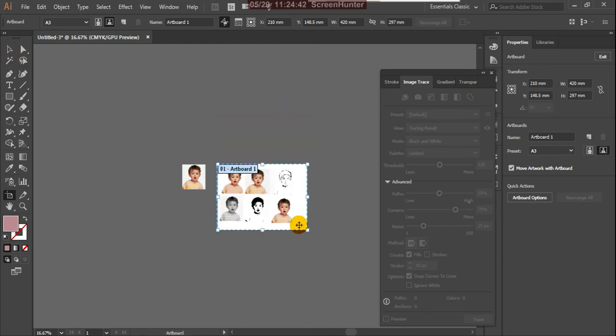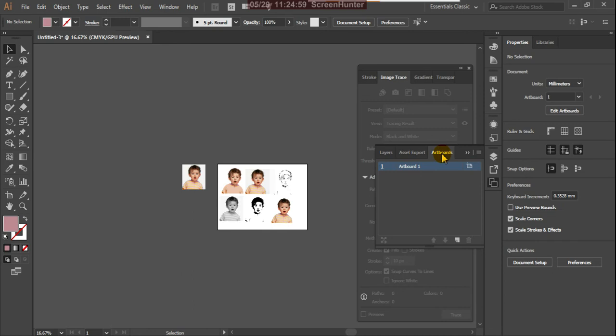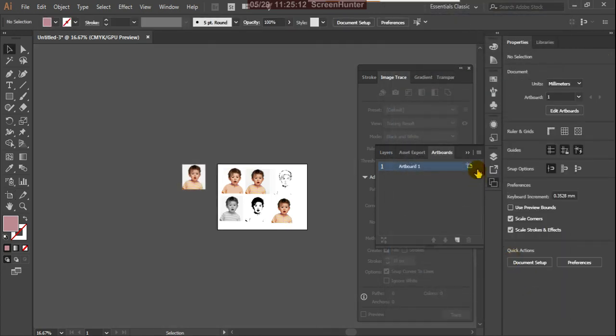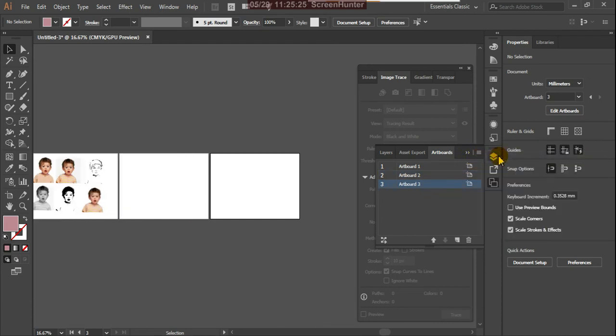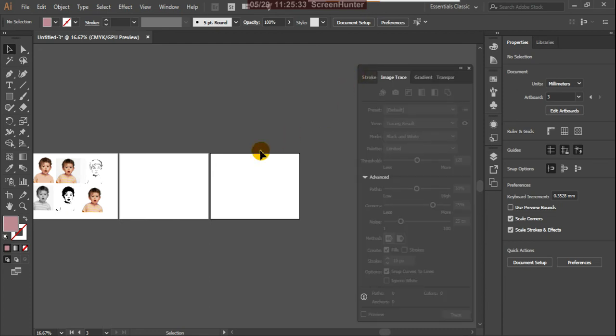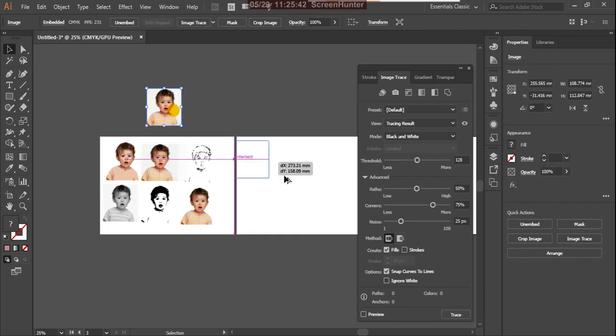So actually, yes, created a new artboard, and one more artboard also I create. Now get this, duplicate.